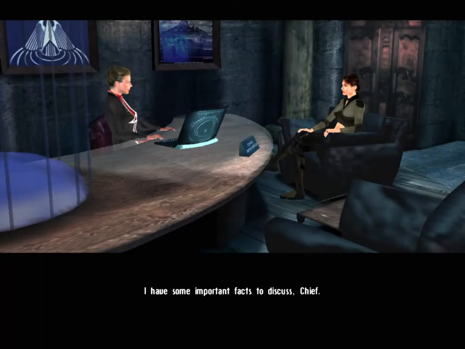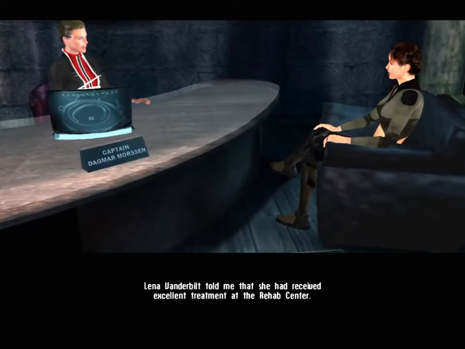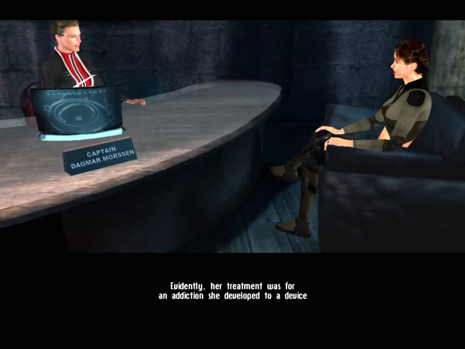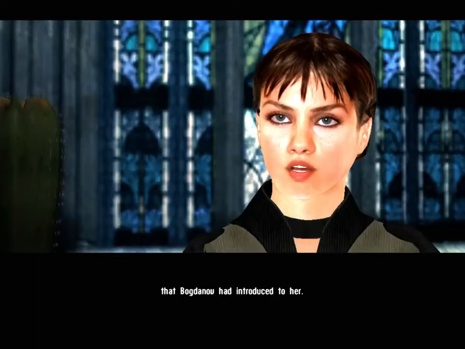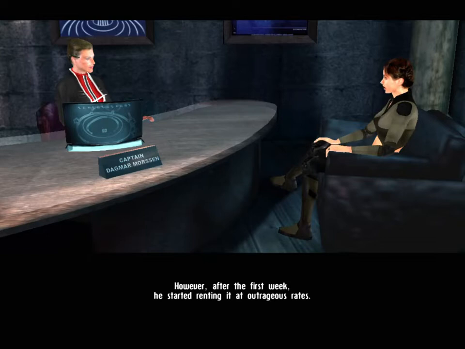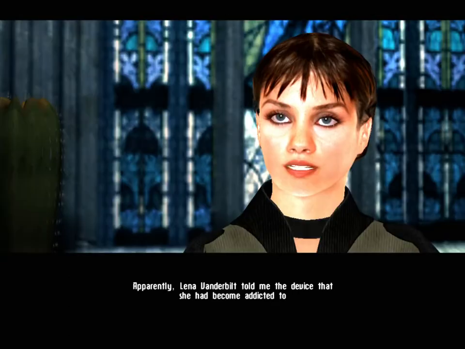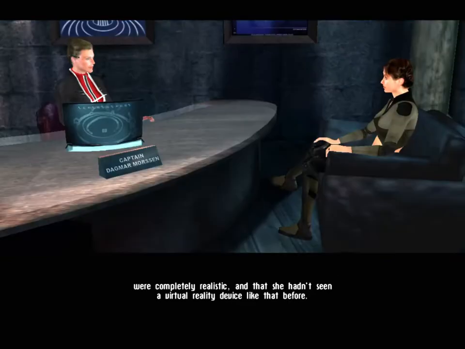I have some important facts to discuss, Chief. Lena Vanderbilt told me that she had received excellent treatment at the rehab center. Evidently, her treatment was for an addiction she developed to a device that Bogdanov had introduced to her. Apparently, Bogdanov gave this device to her on a trial basis at first. However, after the first week, he started renting it at outrageous rates. Lena Vanderbilt told me the device that she had become addicted to was a virtual reality device. She said that the experiences she had while using this device were completely realistic, and that she hadn't seen a